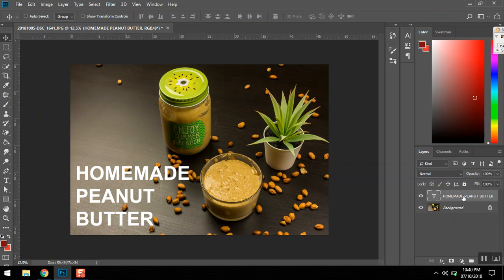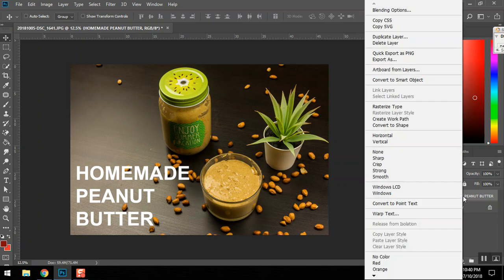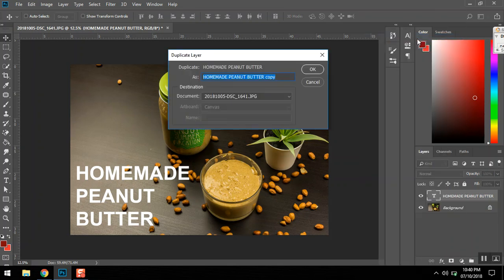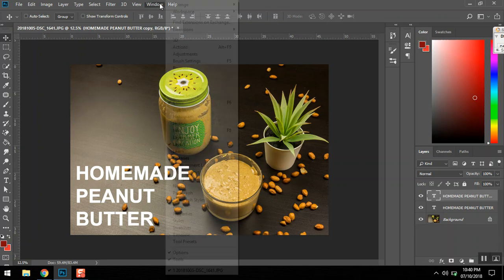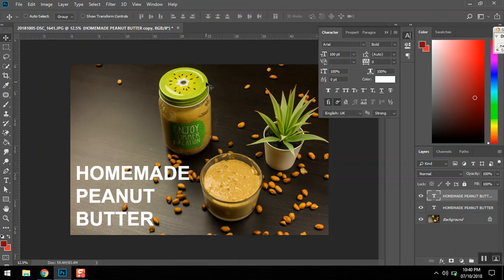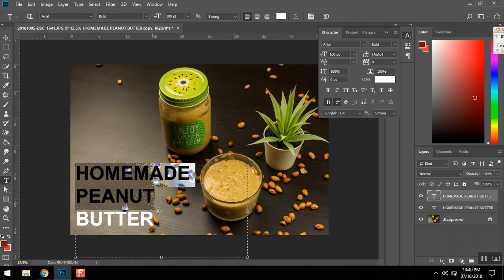Now on the text layer, just right click and select duplicate layer. Click on OK. Select the duplicated layer and go to window and select character, and on the image press the text tool again and select the text, and from here